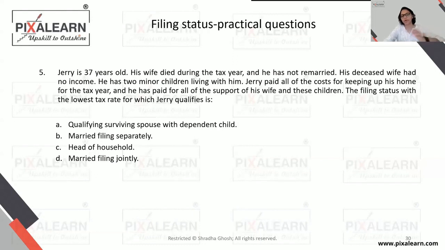Okay, then I'll go back 1 or 2 slides. Okay, first question: go slow and then answer. Jerry, the call of the question is, what is the filing status which will give the lowest tax rate